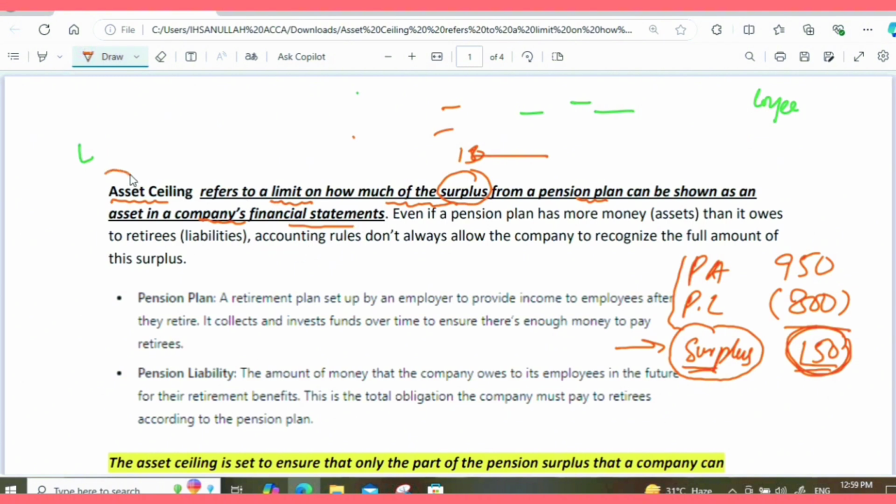So asset ceiling will show you the limit on how much of the surplus should be recorded in the balance sheet. Okay. Now, as per the